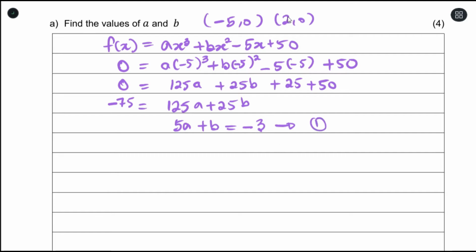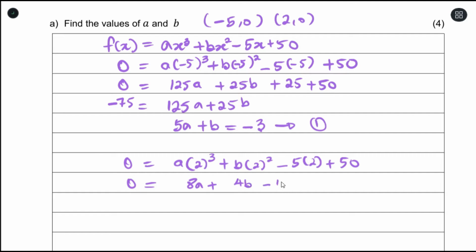Now we do the same thing, substituting (2, 0) into this equation also. So this is what you get. We also can divide everything by 4 as a common factor. This will give you